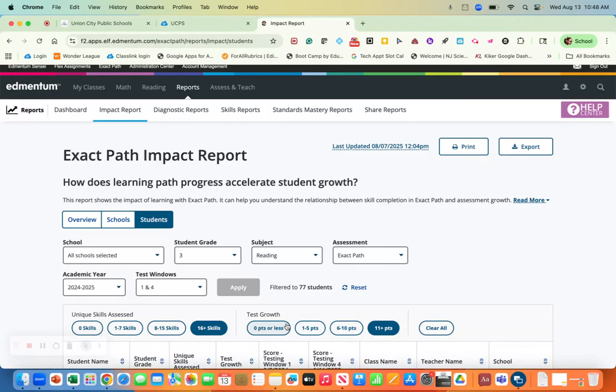Because when the group is small, minor changes may appear to shift the trends more than expected. So, for example, if there are 12 students in a group and 2 students have poor testing, this might bring down the average student growth, right? So if you notice that you have less than 30 students in your population size when you're looking at your data, I would suggest then